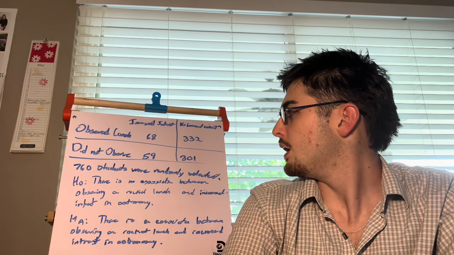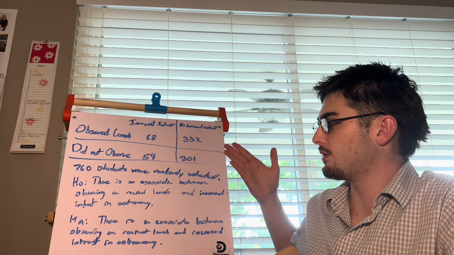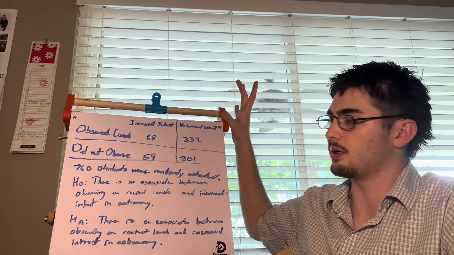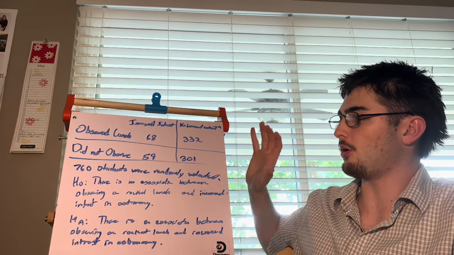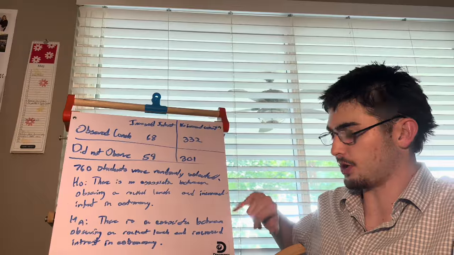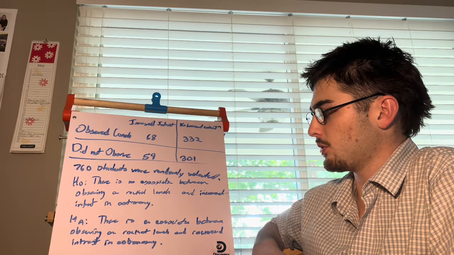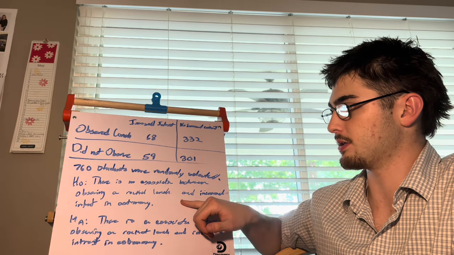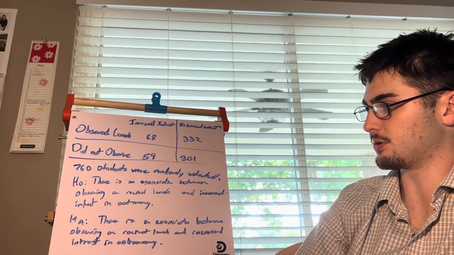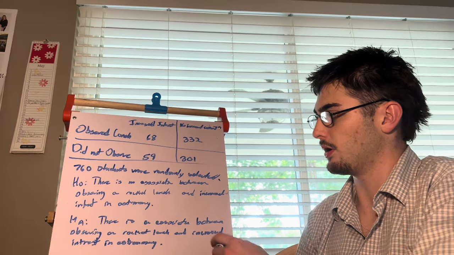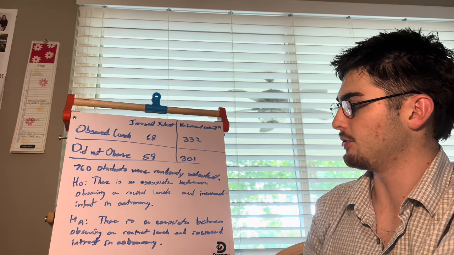Okay. So for this part of the FRQ, you're going to be given the chart, and you're going to be given a paragraph of information. But for right now, all we need to worry about is these two parts right here. So we're going to be writing the hypotheses. The first one we're going to write is the null hypothesis. So H subscript 0, and then a colon, and then you're going to write